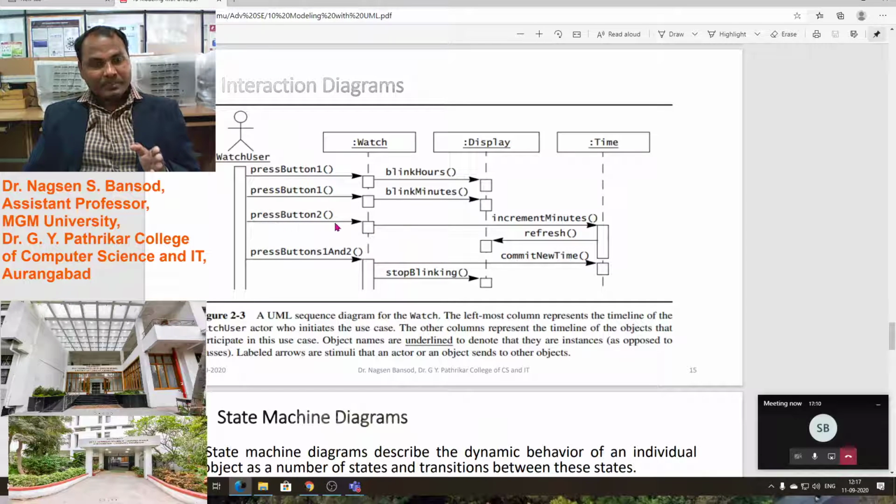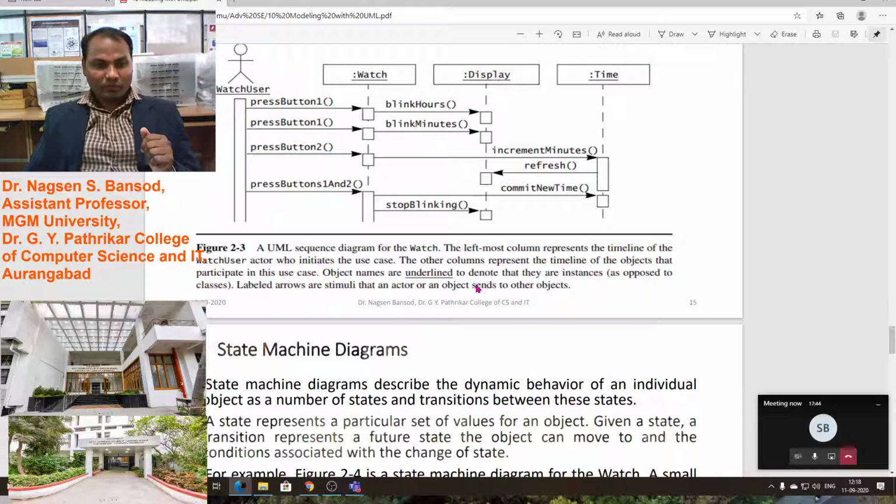And if the watch user presses button 2 after pressing button 1 twice, then the minutes function will be activated, the minute will be increased in the time, and that will refresh. Once he presses button 1 and 2, the time will be committed and saved, and blinking will be stopped on the watch.